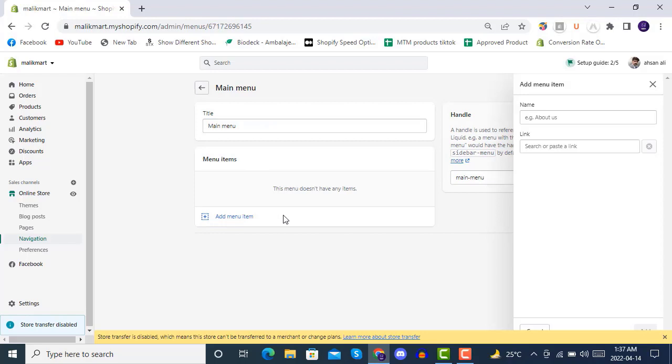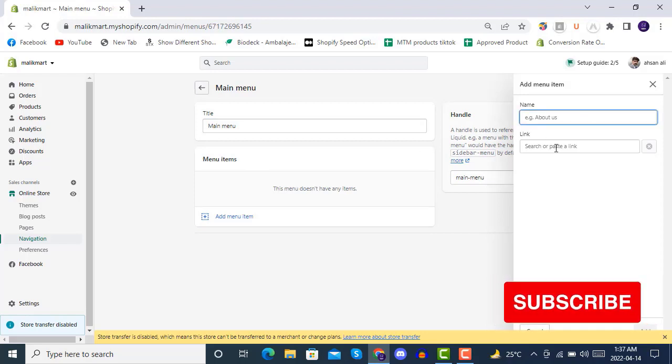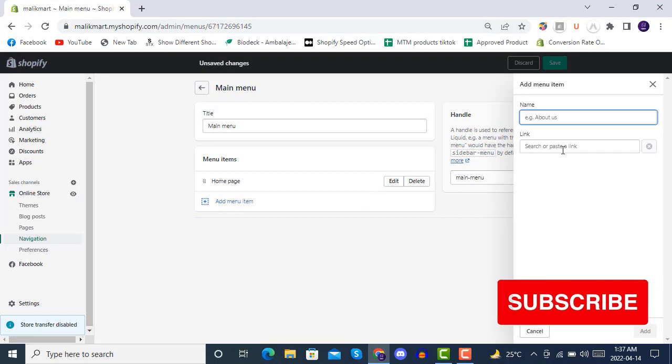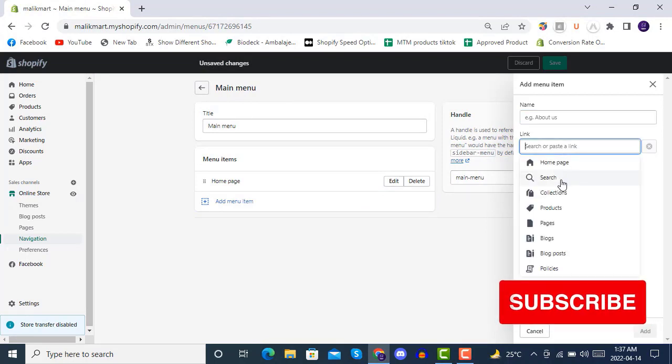and here, add menu item. From here just click on link and then home page. Here the first menu has been created. Click on add menu item, and then, after home, we would like to create